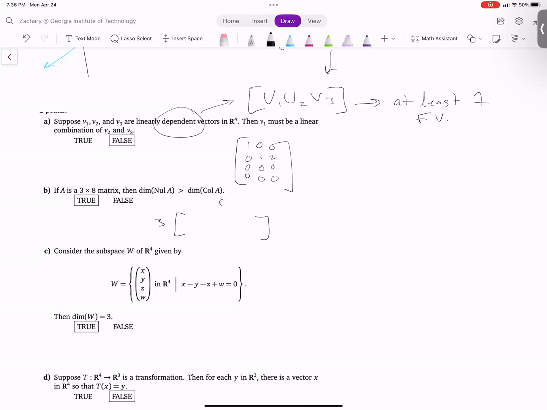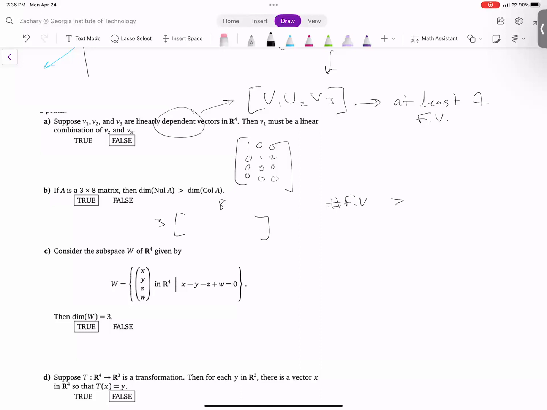3 by 8, then the dimension of the null space must be greater than the dimension of the column space. What is my dimension of null space equal to always? The dimension of the null space is equal to the number of free variables. Very nice. So number of free variables